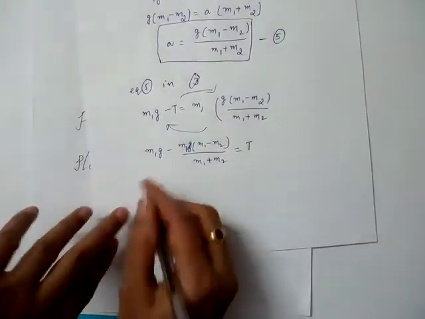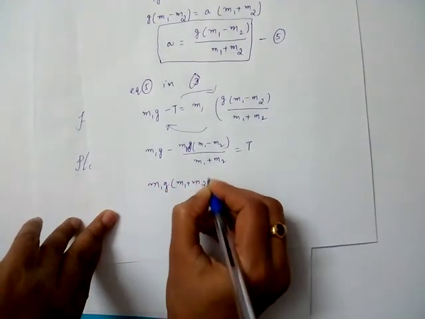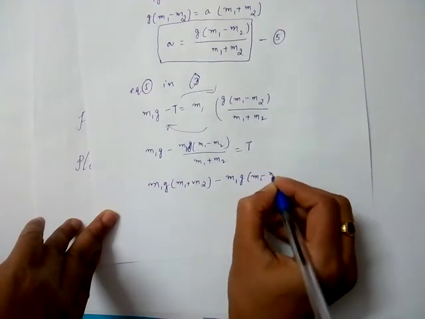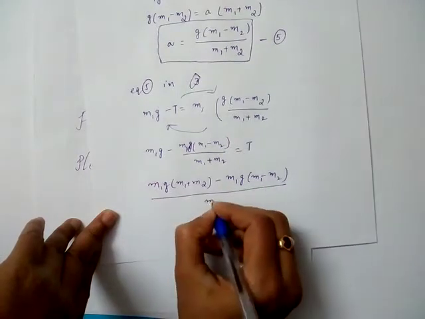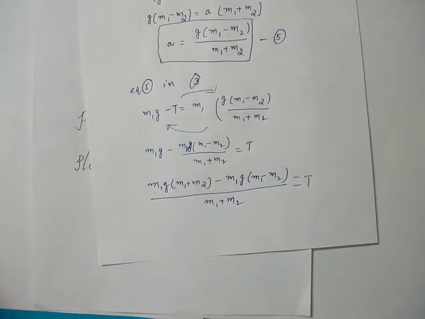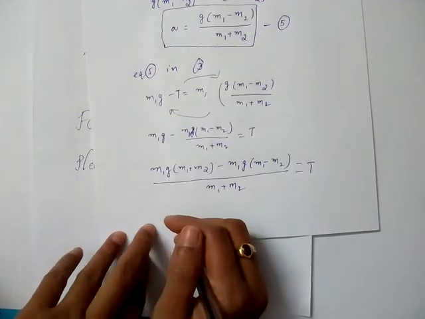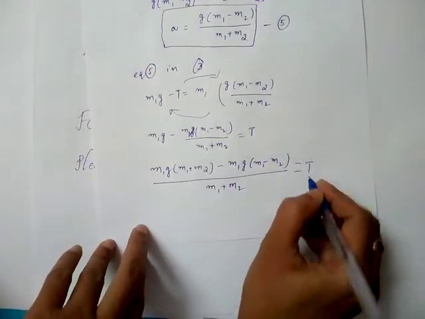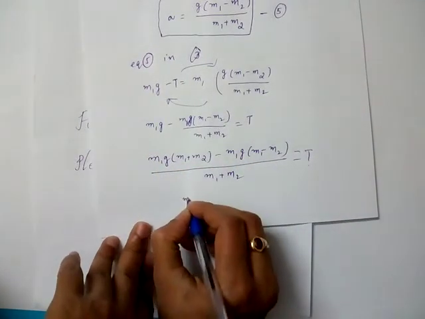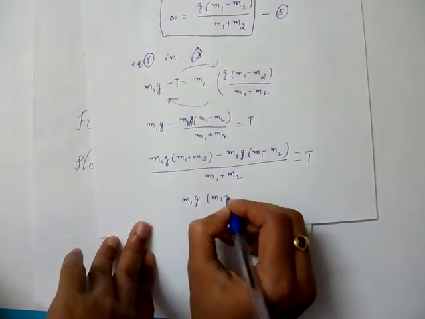Now take LCM. m1g into m1 plus m2 minus m1g into m1 minus m2 by m1 plus m2 is equal to tension. This is just mathematical simplification. Okay, so that you will just get final formula to find tension. So here also again you can take m1g common, so you will get m1 plus m2